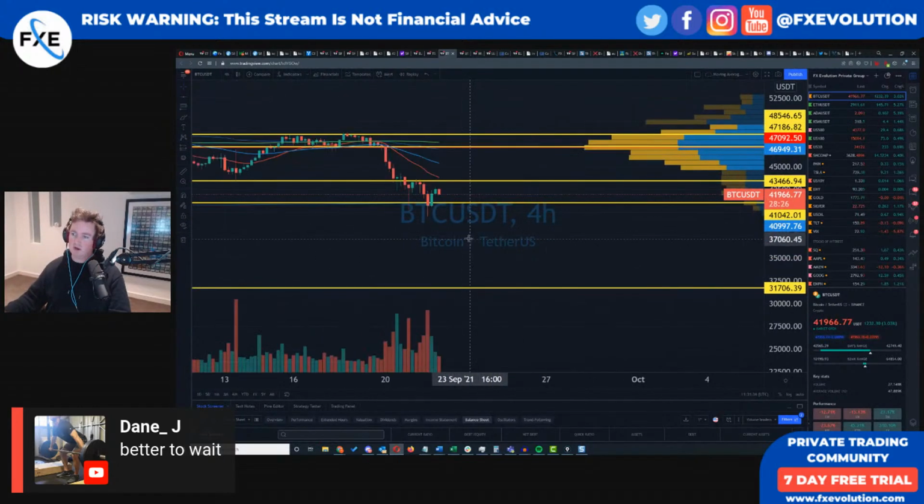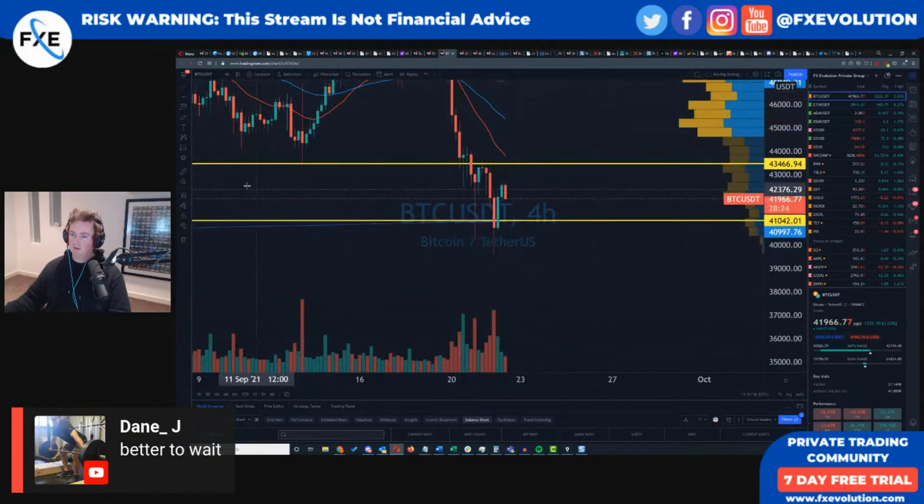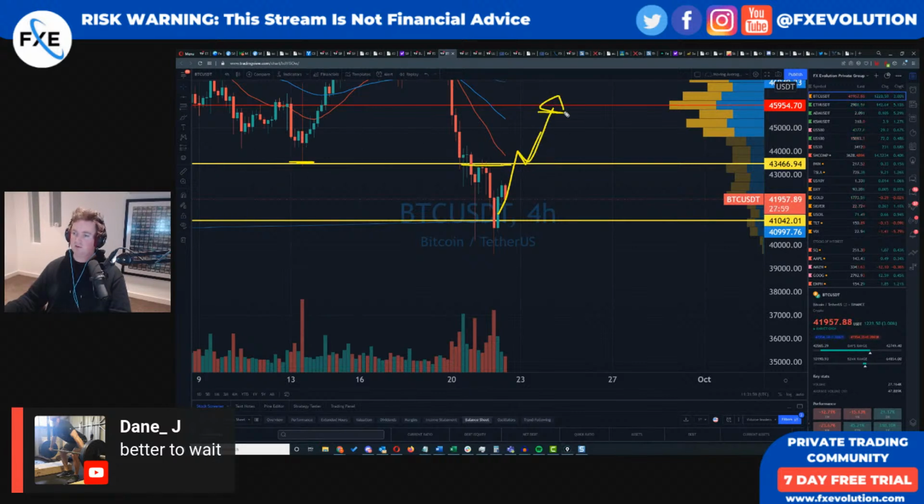So let's have a look at the price action on the 4-hour. We know where our base is forming. So we've got a low. We've got another low that's even lower. At this stage, it's hard for us to take longs in this kind of market unless we're just taking investment longs. If you're taking a trade long, I don't think that's a market that looks like it's going up just yet. We need that full reversal, get through this 44 again, and then we can put in the work towards participation.